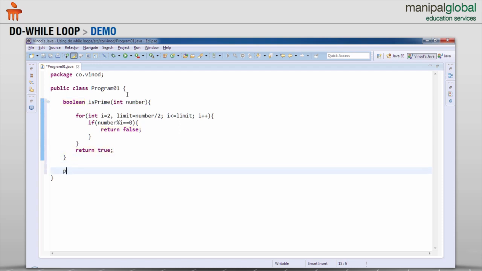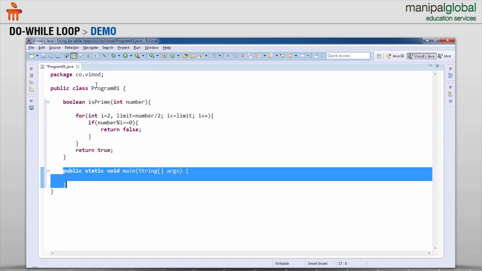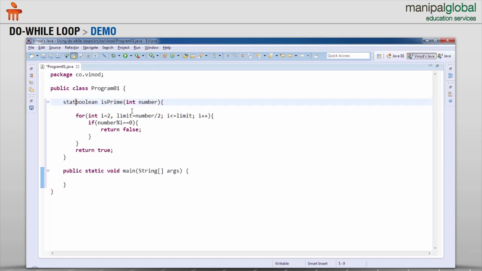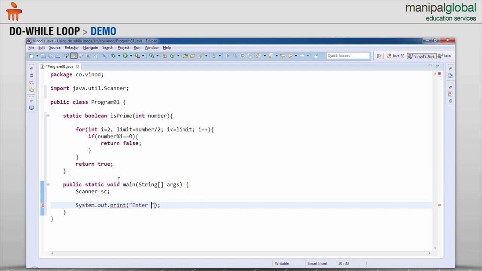The main method is static. So any other function that you are calling inside the main from your own class also has to be declared as static. So we'll do so. Let us declare a scanner to accept a number. So we'll say sc. And then we will also require a string, probably later. We'll accept a number from the user by asking him to enter one. So we'll say enter a number, and then we will say